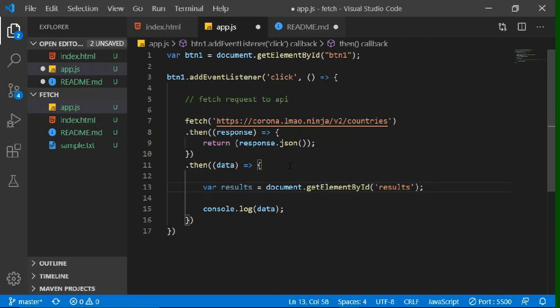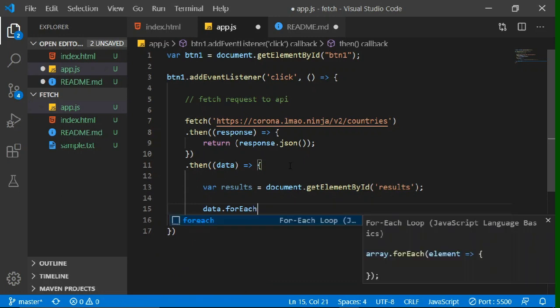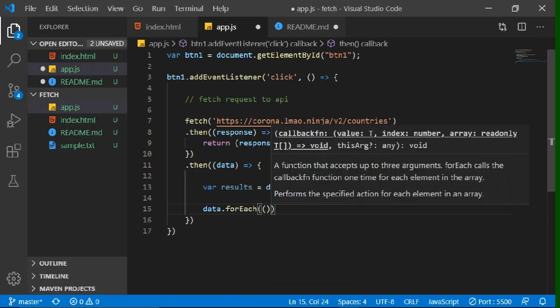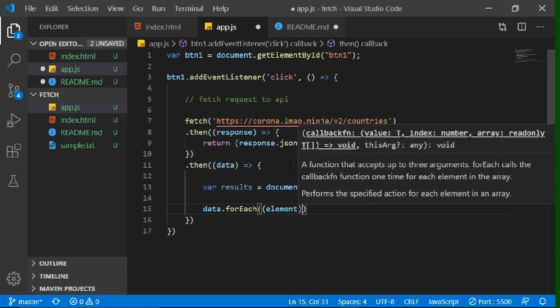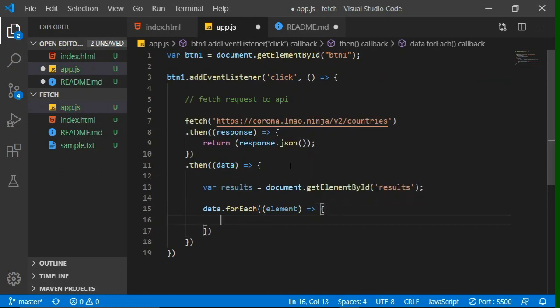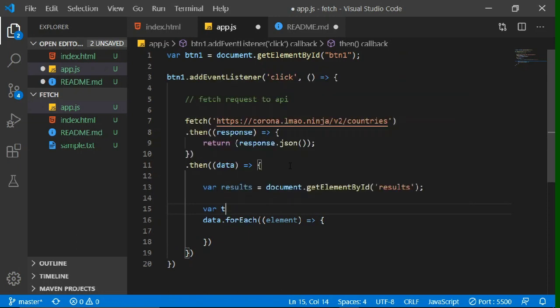Okay, now we want to add a small template to this container. So first we should add a loop to our JSON. You can write data.forEach. Inside it you will pass one function which will have access to the element. Now let's create a small template. You can write var template.